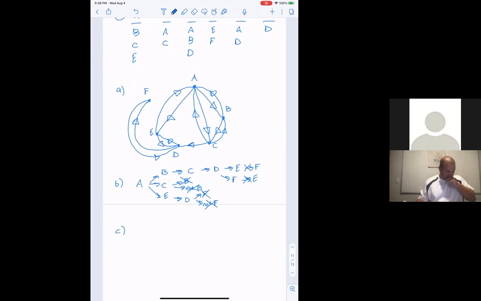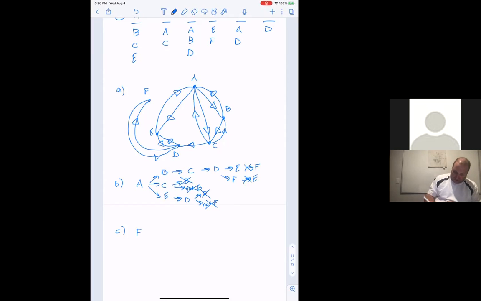Part C. Determine whether it's possible to visit each of the friends' pages in the first 6 visits if it begins on another page. If so, give a possible order, and if not, say why not. So what if we started somewhere else? Where could we start? Well, I'm going to start at F,